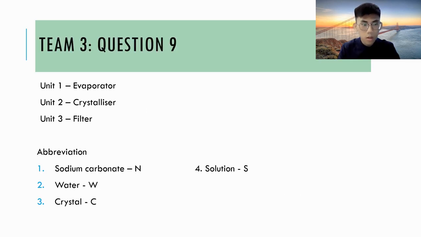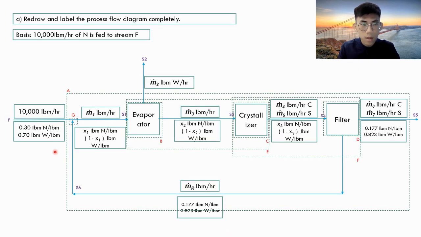In this question, Unit 1 is the evaporator, Unit 2 is the crystallizer, and Unit 3 is the filter. And as for the abbreviations used, sodium carbonate is labeled as N, water as W, crystal as C, and solution as S. And this is the redrawn process flow diagram of question 9,